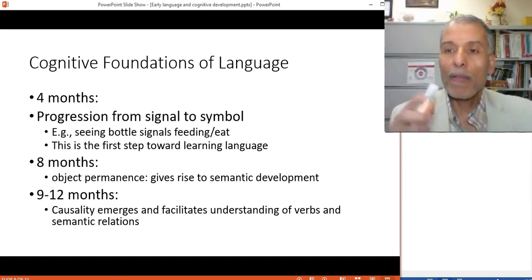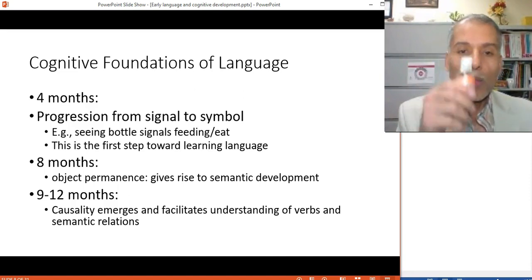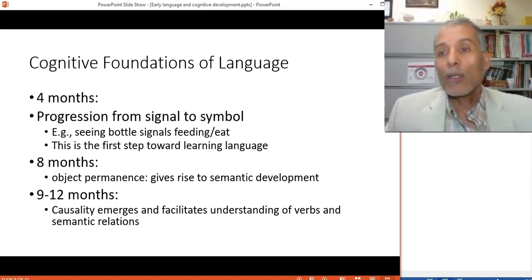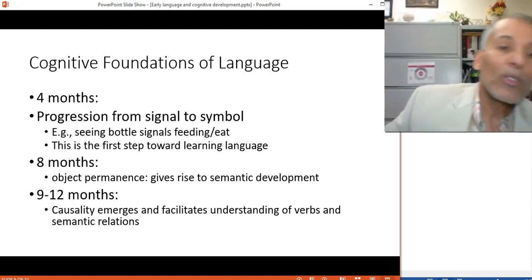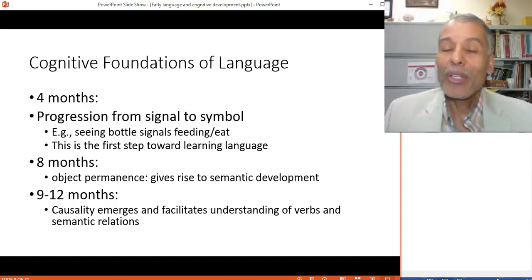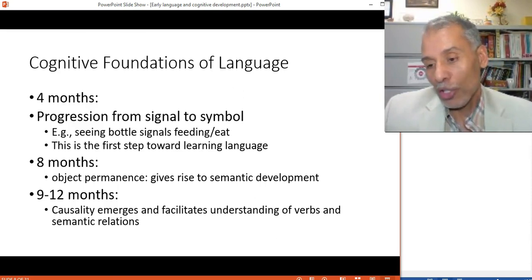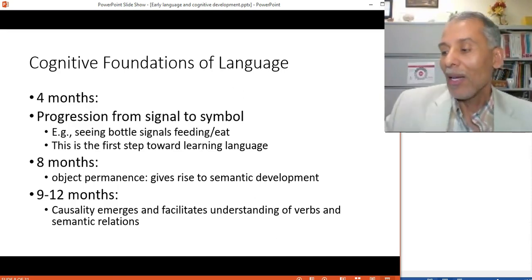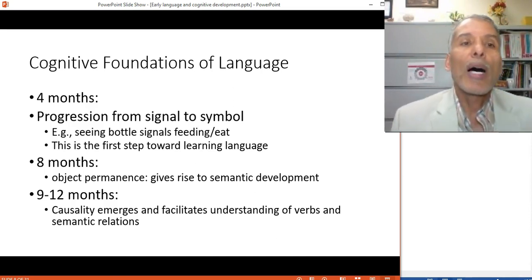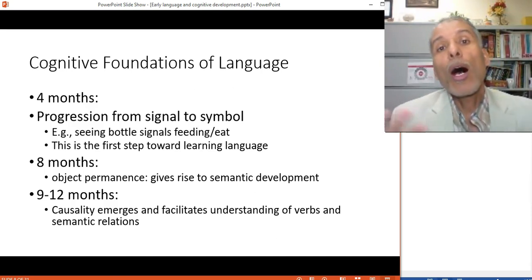So you have something that you are using to play with them, and then you hide it behind your back. So if the child goes like this or like this, trying to find out, that means they have object permanence. That means they know, even though they can't see it, it is hidden, and they can see it in their mind, in their memory, that it is, they imagine you and imagine it behind your back and you are holding it. So that's a major milestone that's going to enable them now to take abstractness to a higher level.